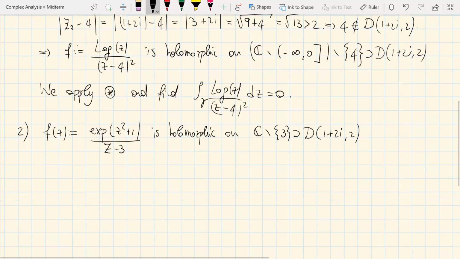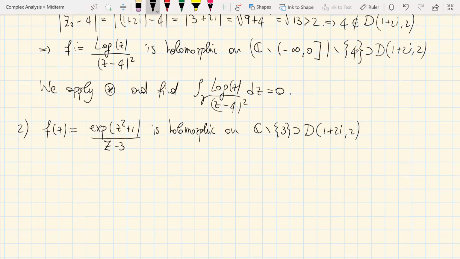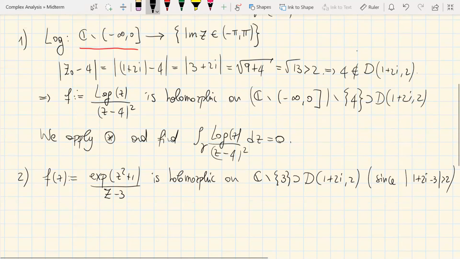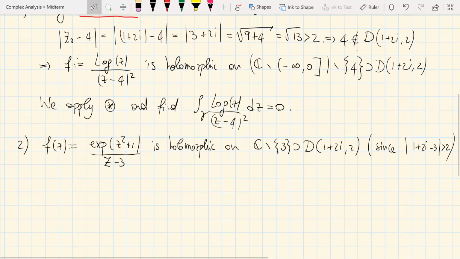And then this follows, since the distance between 1 plus 2i and 3 is bigger than 2. Now you can check this very easily. And now the other thing, then since